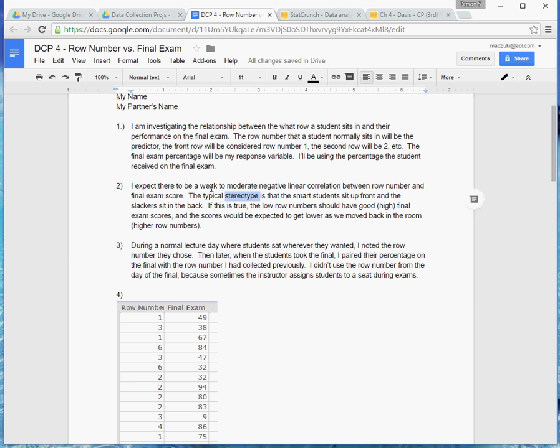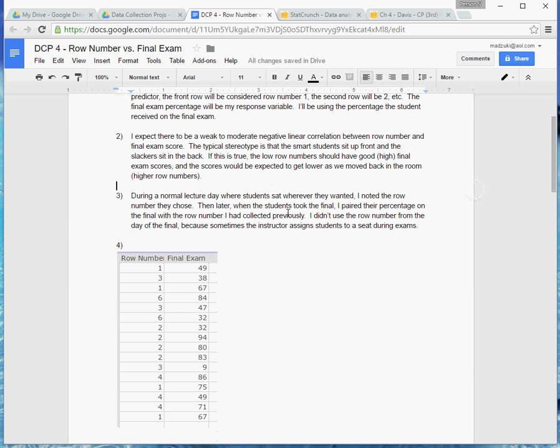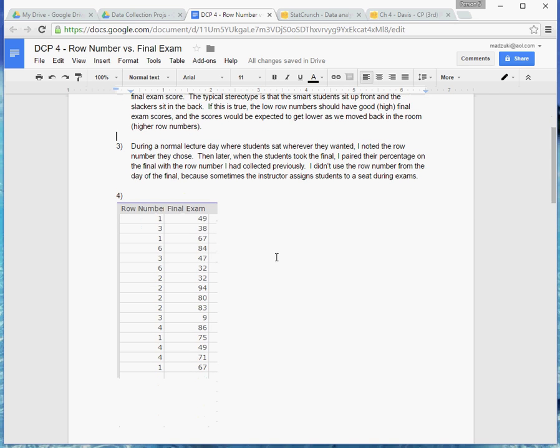So I was expecting, I don't really believe that so much, so I was expecting maybe a weak to moderate negative linear correlation between row number and exam score. And then I just described how I collected the data, how I used a normal class day to get the row number, and then paired that up later when they took their final exam. Again, you can look at the details of how I write that out if you want. I entered the data into StatCrunch, row numbers and final exam scores, and then I did a screen capture and brought that over into my report